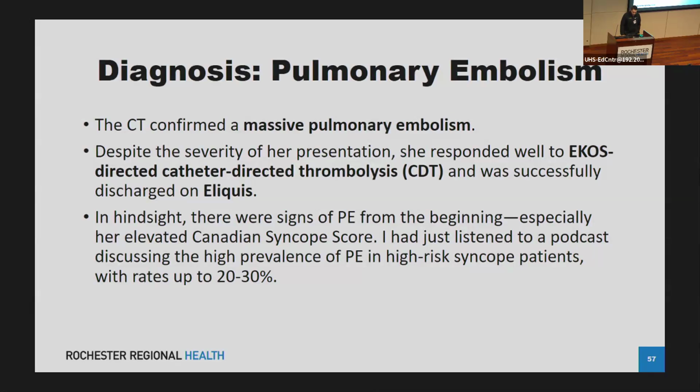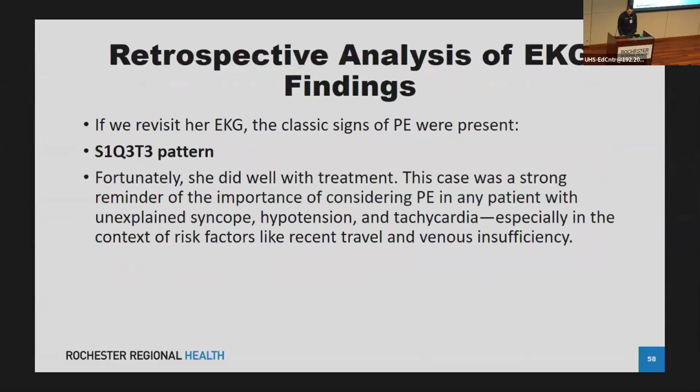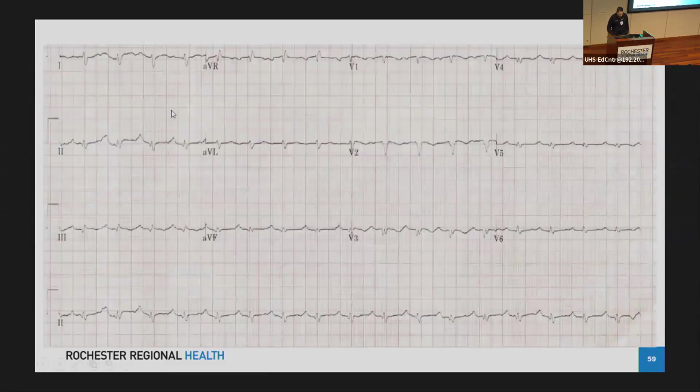The Canadian syncope rule was very high, which I had just gotten done listening to a podcast about a week or two before I had this patient. In that population, the prevalence of PE is likely 20 to 30%. Then, if we look at her EKG, it had all the classic signs of a PE that we learn about, the S1, Q3, T3. And thankfully, she did okay. If you look here, you can see S wave in 1, showing that she has right axis deviation, Q wave, and T wave inversion in